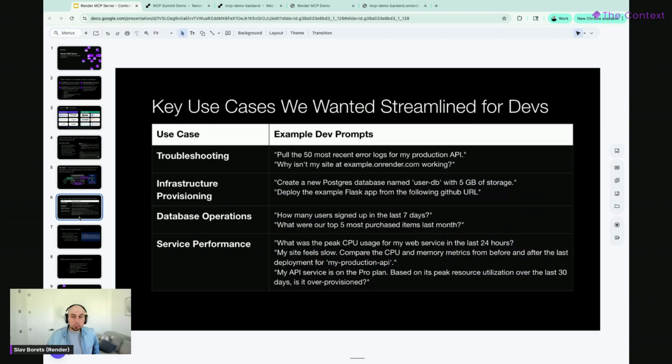And specifically, we focused on four concrete use cases that we wanted to nail, that we saw developers either struggle with today or were not necessarily happy with the outcomes. One was troubleshooting. This is the most painful one. It's a fairly common problem for many beginners, but also for seasoned developers, to have a hard time debugging and figuring out the root cause of 500 errors or sudden spikes,